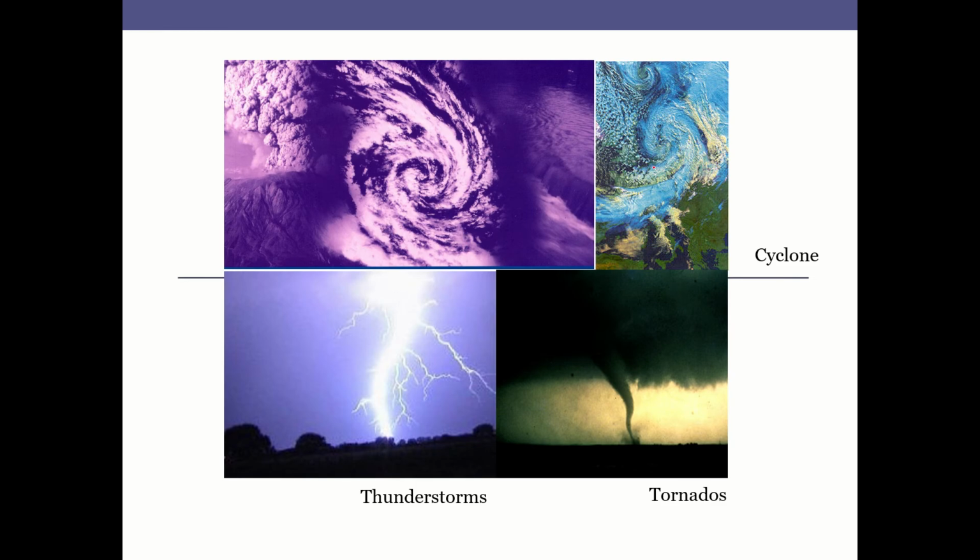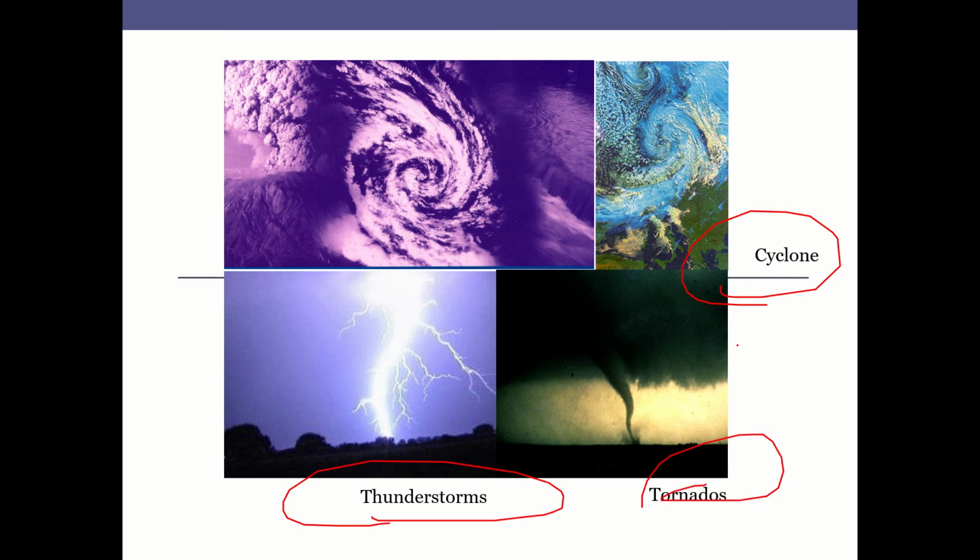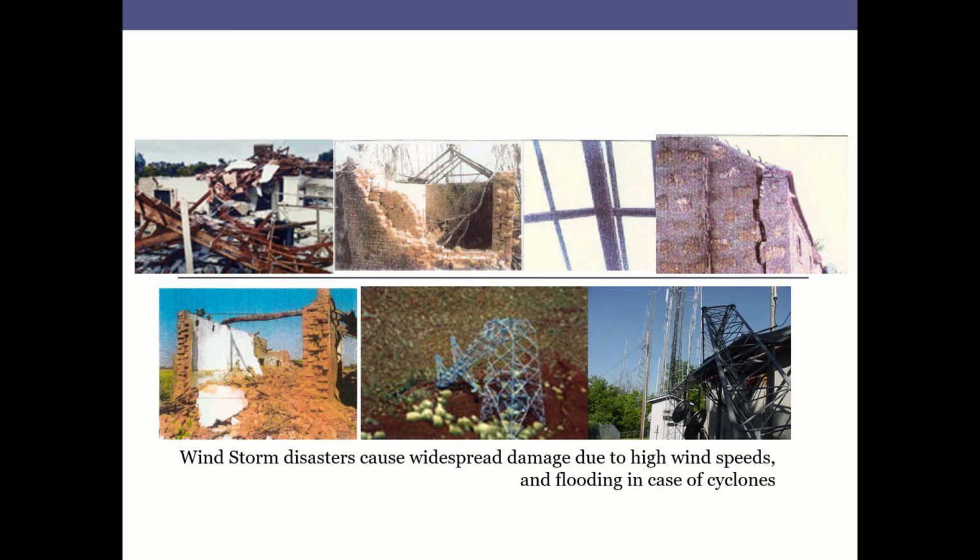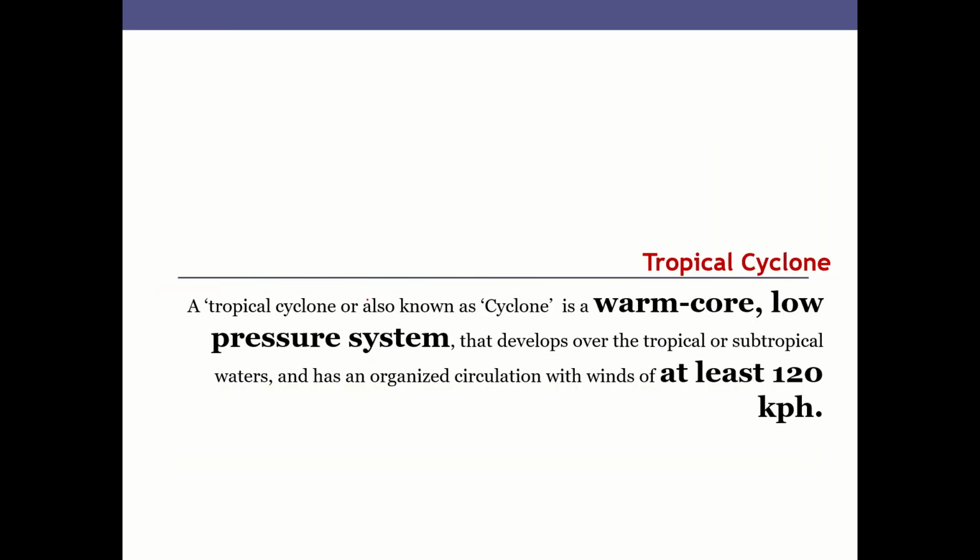Of course, when we talk about a cyclone, it is not only restricted to wind and rain. It can lead to thunderstorms, and it can lead to storm surge and so on. We will see it as we go further. What are the other things that we face as a result of a cyclone? One such thing is storm surge. We will see it probably when we go further.